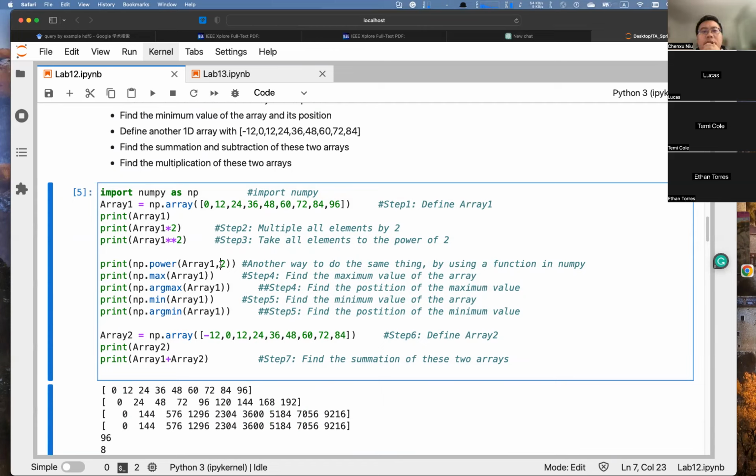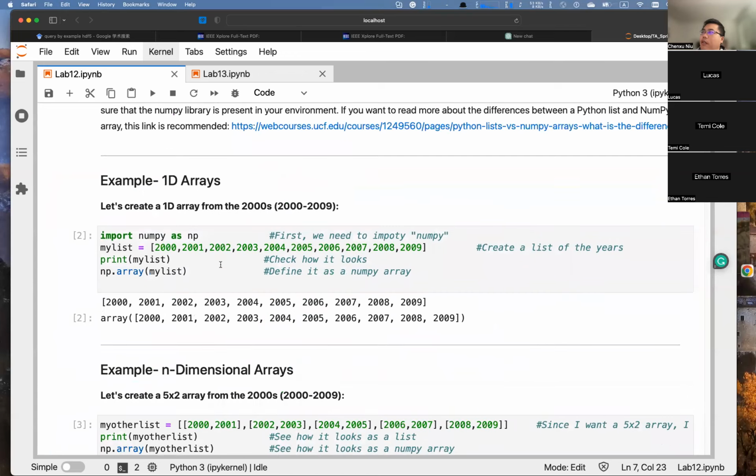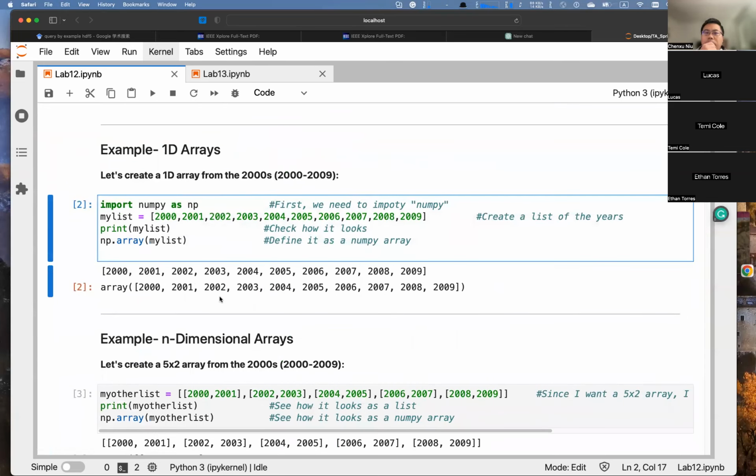Really? It's a little bit weird. Module NumPy has no attribute array. It's a little bit weird, I think, because array is defined in the NumPy package, and it's like a third-party package. So I don't know. Maybe you need to run from the first one again. So you must have imported the module NumPy, but